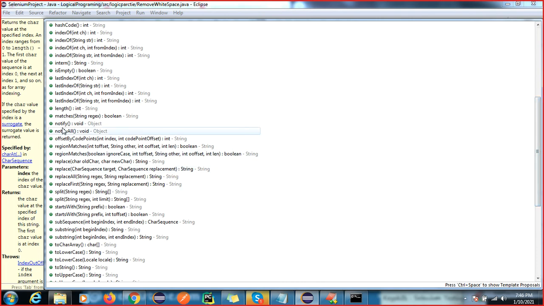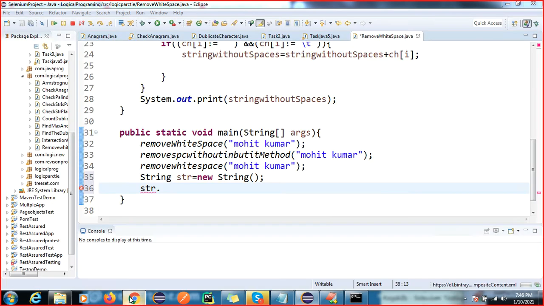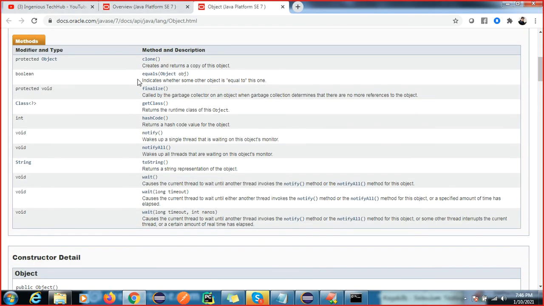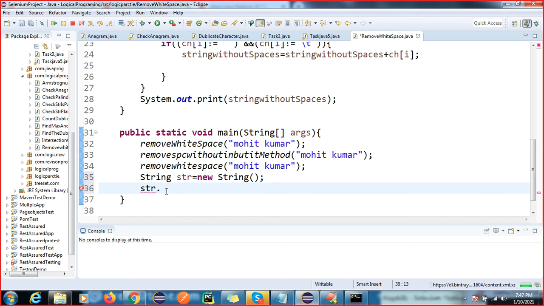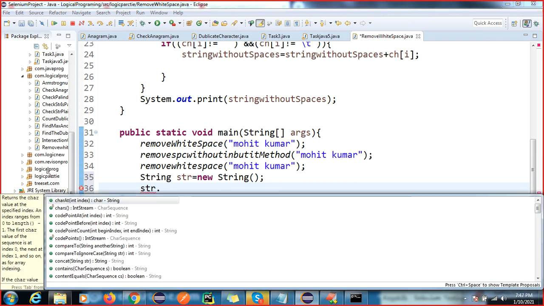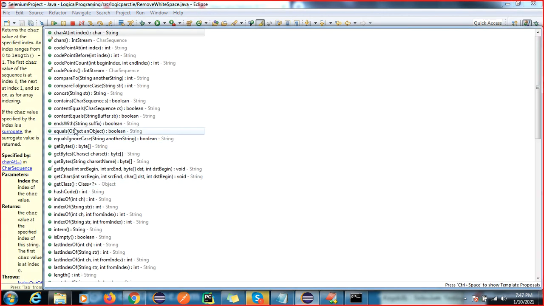You can see we have notifyAll, right? Just go here, you can see these are the methods: clone method, equals method, finalize method, and notifyAll. These are coming from the Object class, not from the String class.